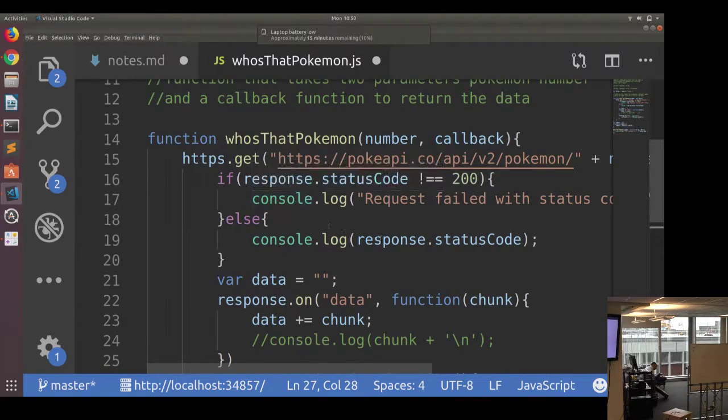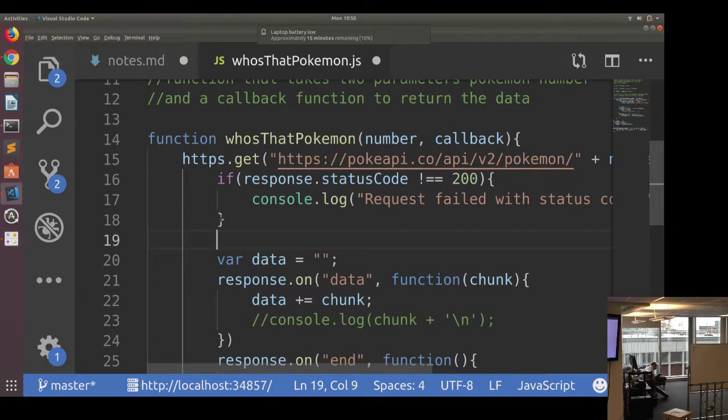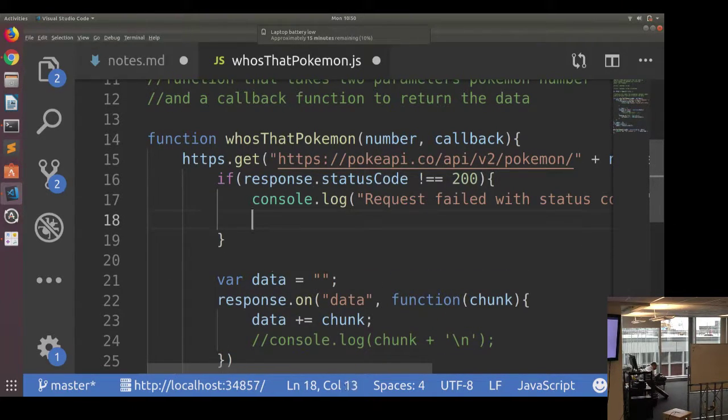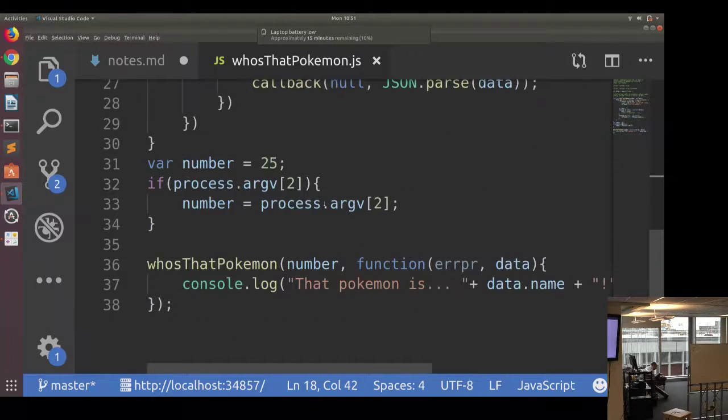But up here, when the request fails, we can run the callback and give it an error, no Pokemon. So then down,